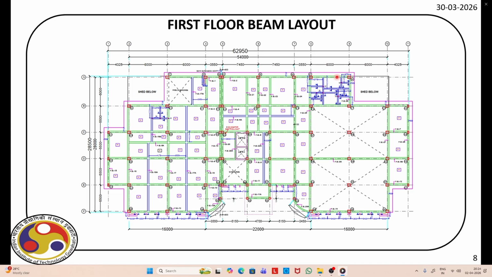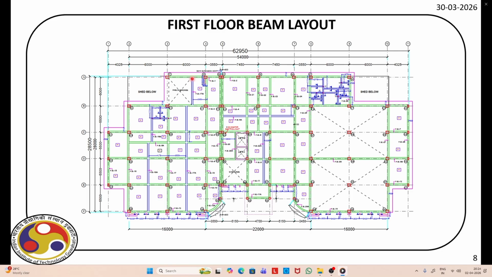But keep in mind that floor loads are applied over the beams and these lift cores are not modeled, right? The cross marks, as you can see here, mean there is no slab at this floor level. That is a general marking followed in the drawing.